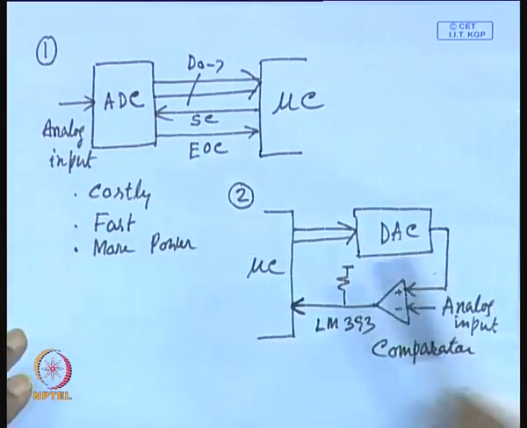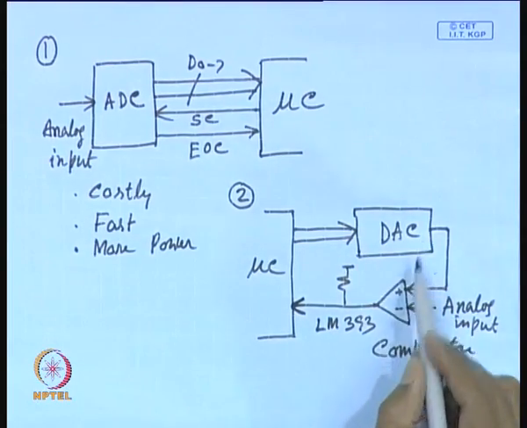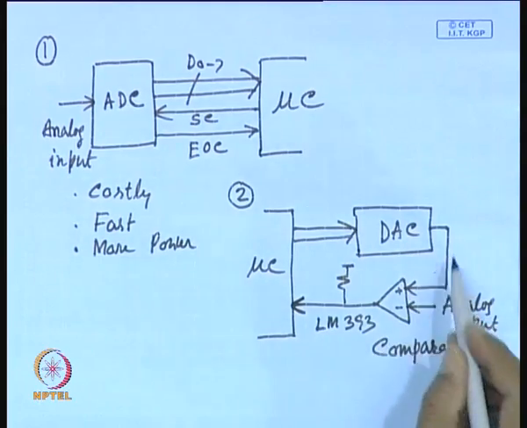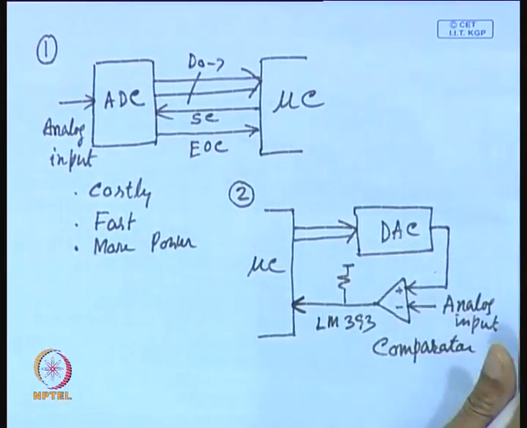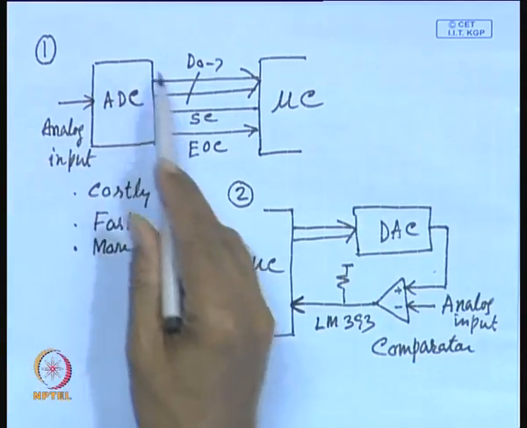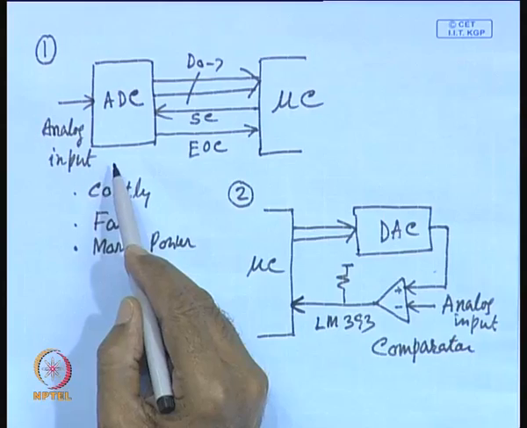Now, the question arises, how do you really implement the analog to digital converter operation? The analog to digital conversion function, that is your successive approximation algorithm, can be realized in software. You can write a program, of course, the program will be a little longer, and by that you can implement the successive approximation algorithm, which will perform analog to digital conversion with the help of this digital to analog converter and comparator. In this case, you see the digital to analog converter is much simpler than an analog to digital converter.